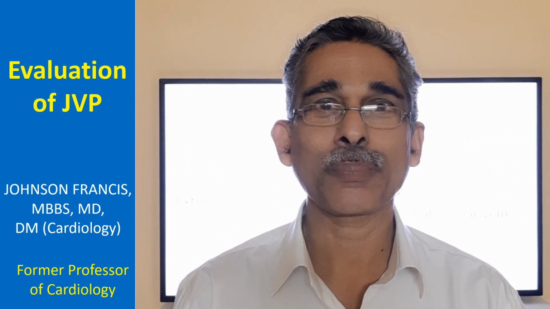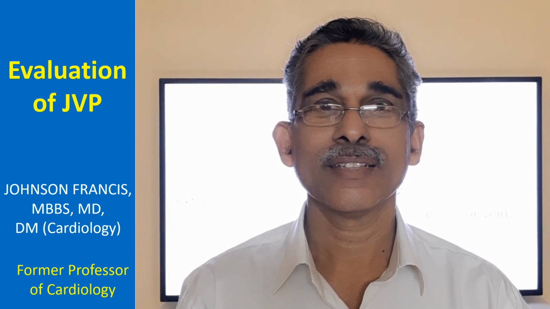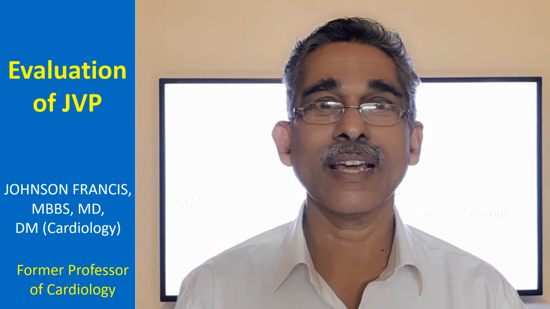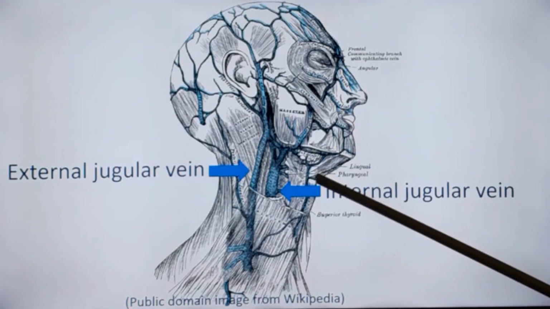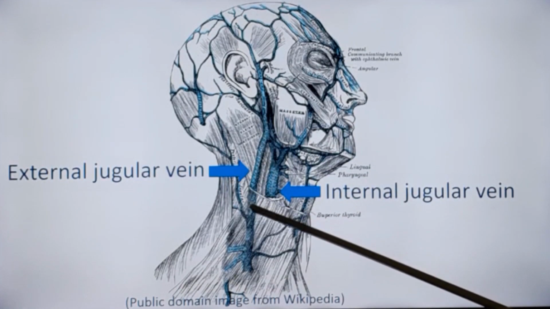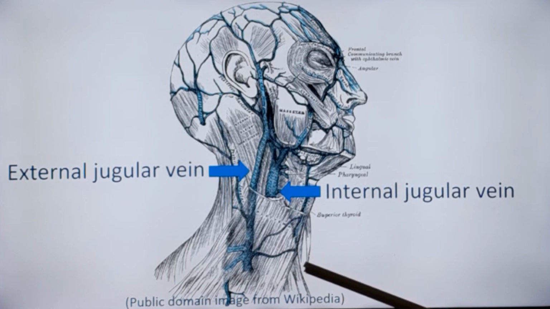Now we'll discuss the basic principles of evaluation of jugular venous pressure and jugular venous pulse. These are assessed in the internal jugular vein and not in the external jugular vein. To revise the anatomy lessons, this is the external jugular vein and this is the internal jugular vein. Now, why we should not be looking at the external jugular vein, though it is much easier to find, is